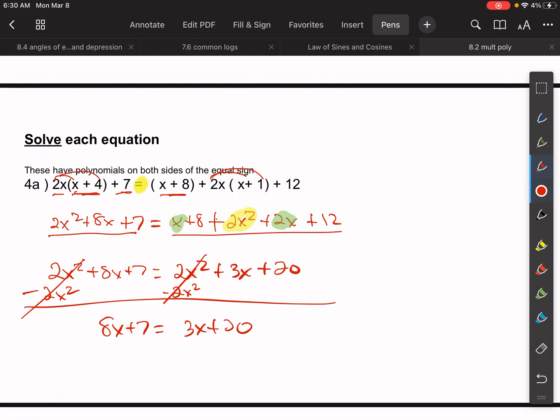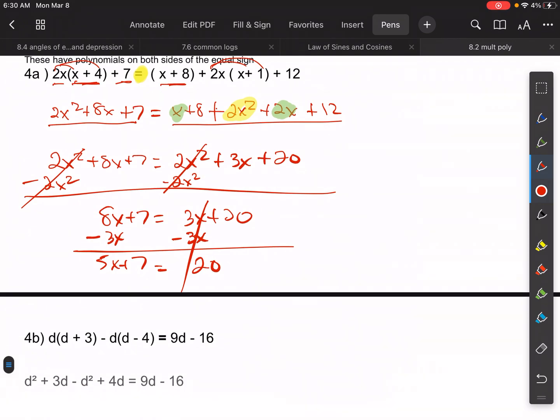Remember that this equal sign acts like a scale, right? So whatever I do to one side, I have to do to the other. Okay, so now let's get our x's to one side. So I'm going to subtract 3x from both sides. And when I do that, this goes away, and I'm left with 20 over here. And then over here I have 5x plus 7. Okay, then I'm going to subtract 7 from both sides